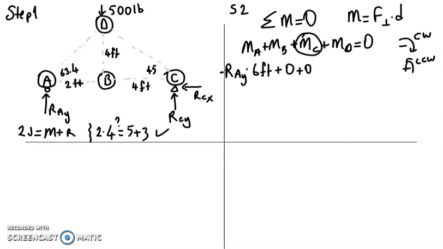What about point D? Yes, at point D there is a 5-pound force, and it tries to rotate clockwise or counterclockwise. As you can see, it's trying to rotate it counterclockwise, just like for point C. That's why it's going to be positive. 500-pound force times, what is the perpendicular distance? 4 feet